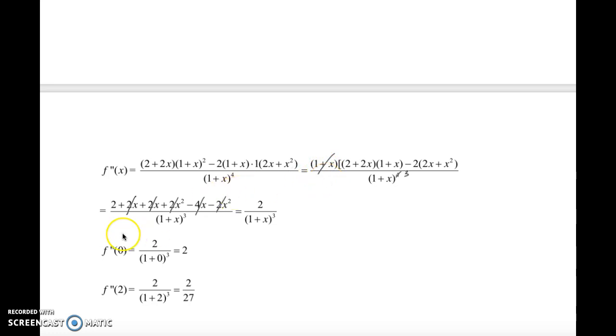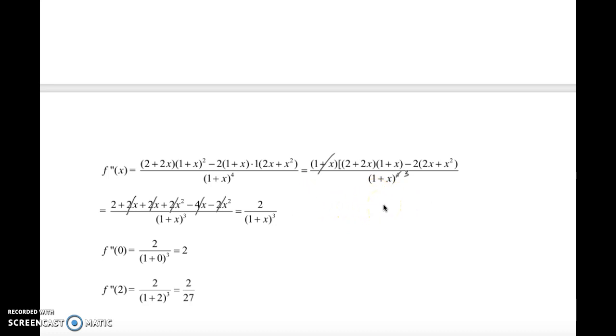Right. And then we're going to go ahead and combine all our like terms, distribute, and all of that. And everything on the top cancels except for a lone 2. And it's still going to be over (1 plus x) quantity cubed. So it's usually better to try to cancel if you can before you start foiling, so it makes your life